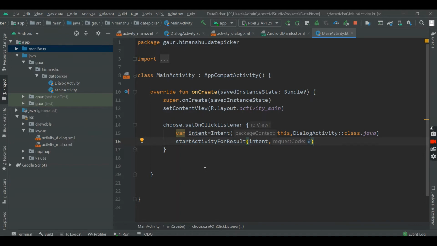Here I use start activity for result, so that our dialog activity will give us some data to our main activity.